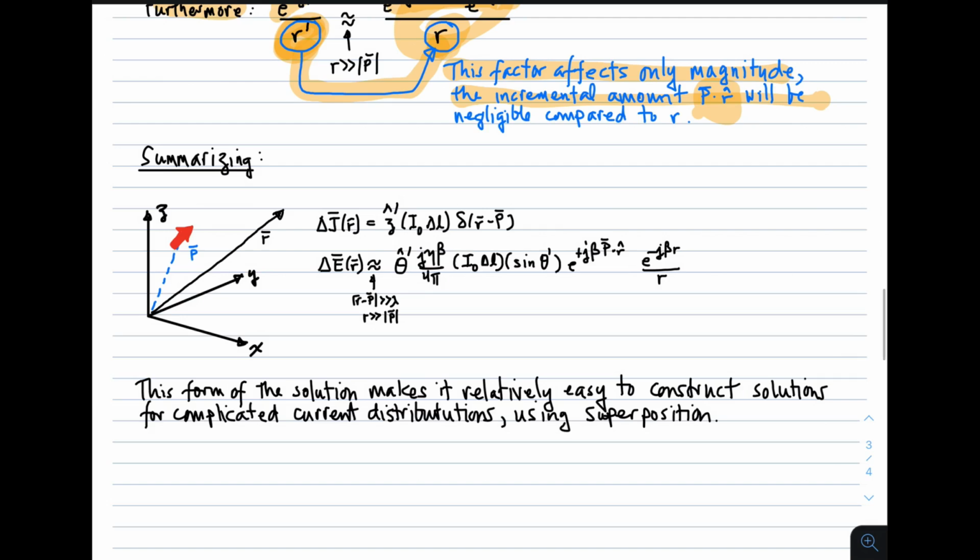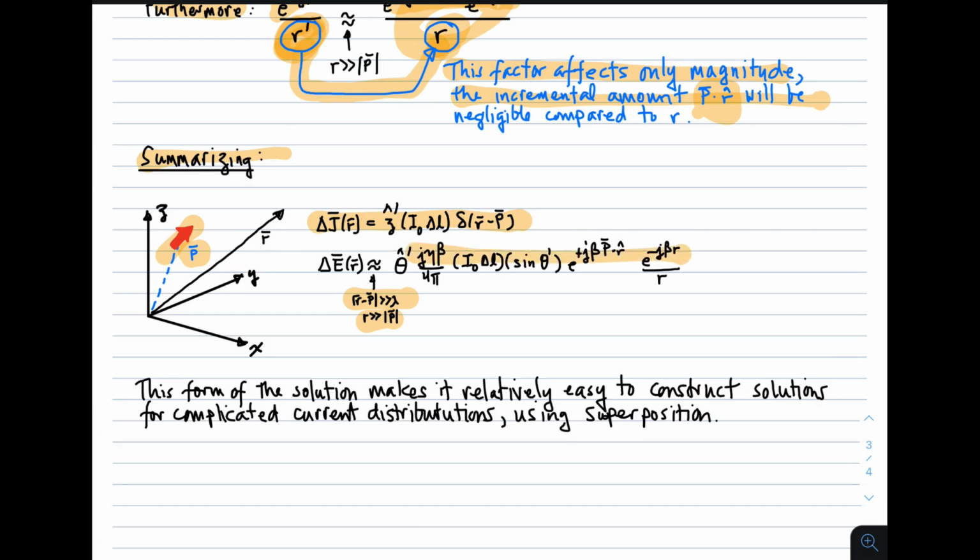So, let's summarize what we've got. An arbitrarily oriented current moment at position p is given by this very slightly modified expression for the volumetric current density. And under this assumption that the distance between the field point and the source point is much, much greater than the wavelength, and that the distance to the field point is much, much greater than the displacement of the source point from the origin,